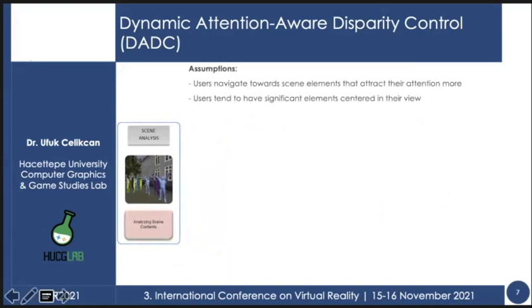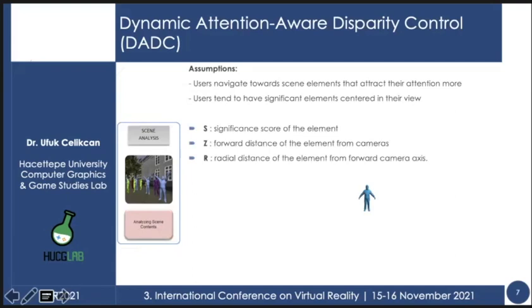Then in the scene analysis stage, we have 2 assumptions. First, we assume that the users navigate towards scene elements that attract their attention more. And secondly, users tend to have significant elements centered in their view. In this stage, we gather 3 basic information.